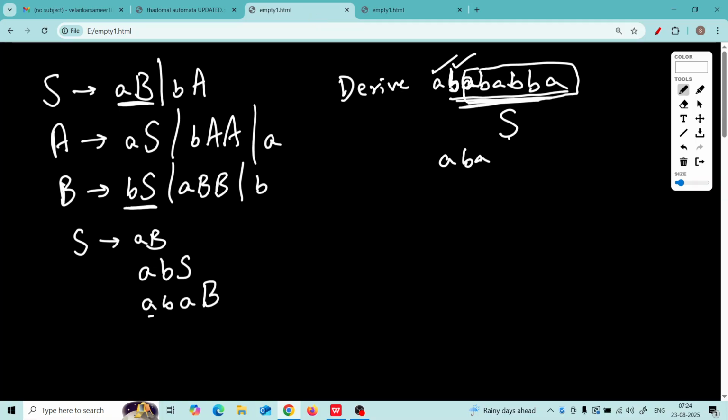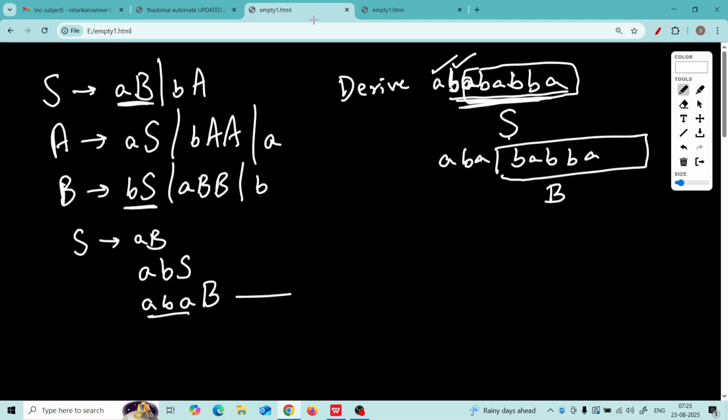Are you understanding? First three letters. And now the remaining string we want to derive is BABBA, and we have B. Remember, we are using rightmost derivation, and from the right, B is the first non-terminal. Anyway, there is only one non-terminal here, so there is no problem. But if there were many non-terminals, we will always take the first one which appears from the right side. Okay, tell me, ABA generated, we want B now, somehow we want this B. Then the only production we can use is B gives BS.